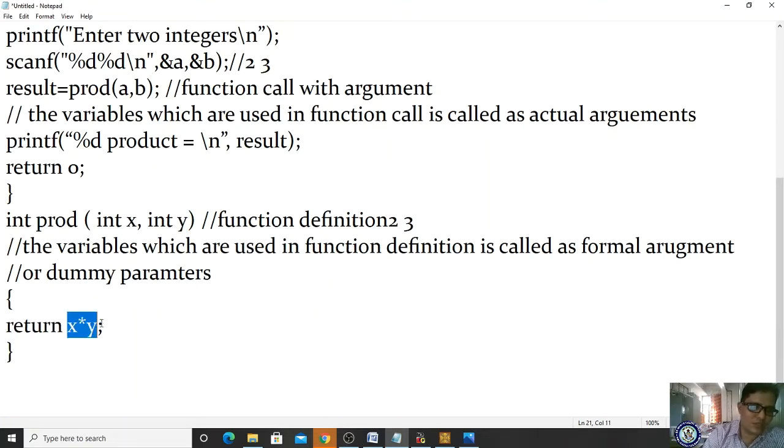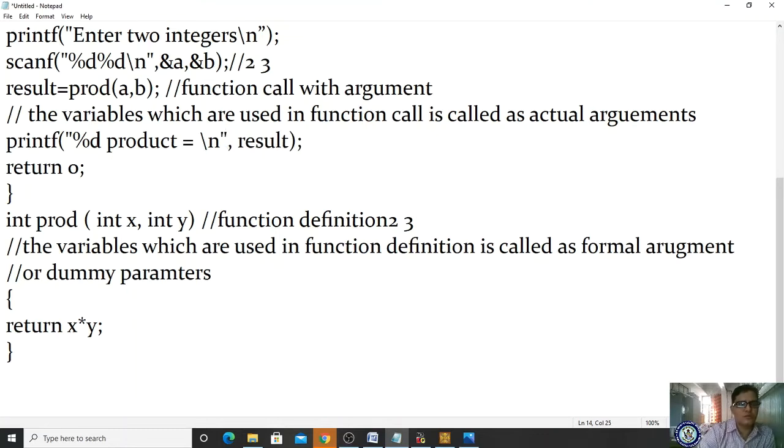So this is an expression, right? In this expression, what are we actually doing? We are returning x into y. x into y is 2 into 3. 2 into 3 is 6. Who called this function? This. So automatically this value will be returned to this function call. So what is the value in this function? 6. Where will that 6 be stored? That 6 will be stored in your result. After storing the result, you are displaying the value. Okay, so that is the usage of your return statement.